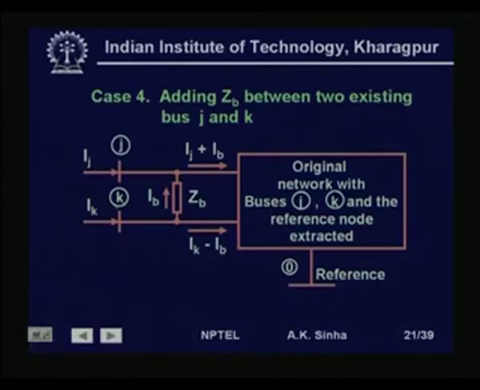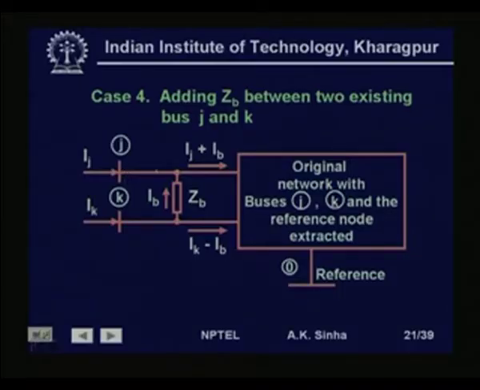Now we will go to type 4 modification, which is adding a branch with impedance Zb between two existing buses J and K. So here we have taken out two nodes J and K outside to show the connection of a new branch Zb between these buses. That is, we are adding a branch Zb between these two buses, and of course we have taken out reference